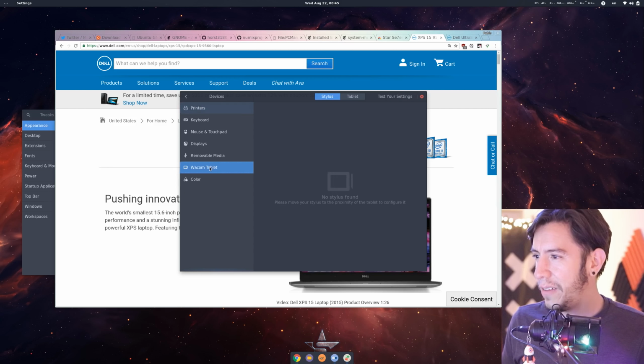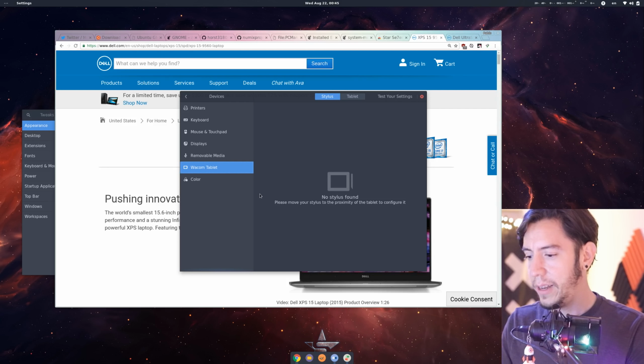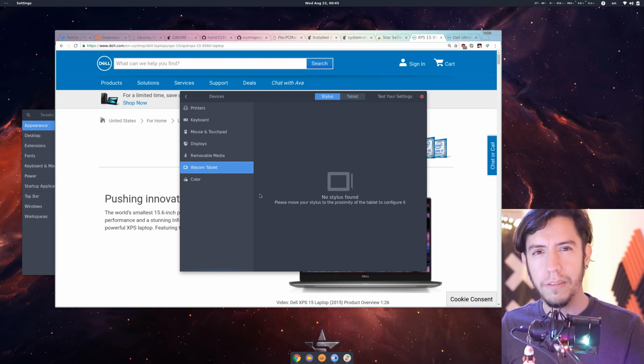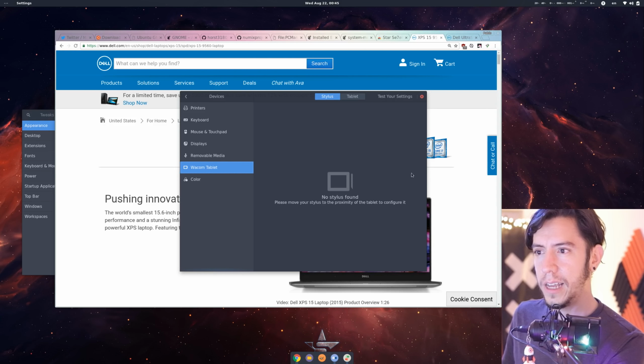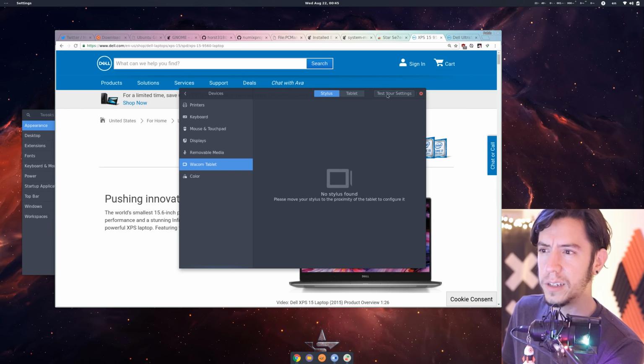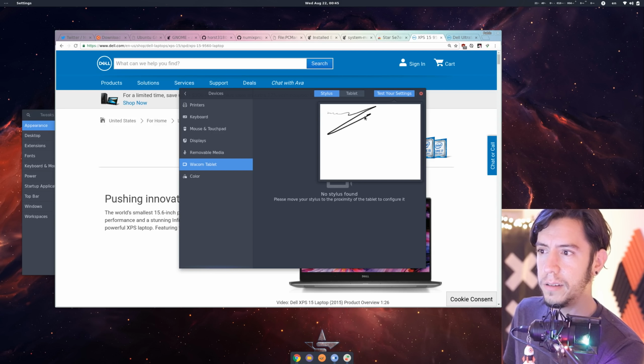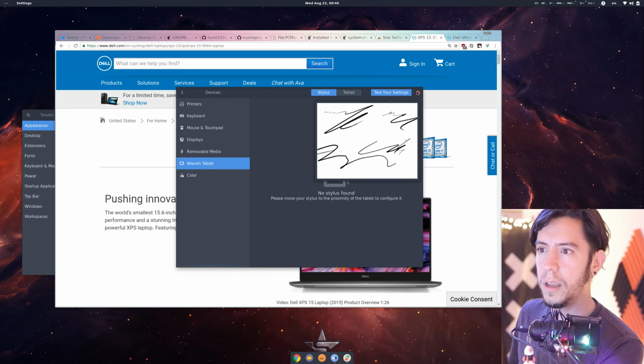Then which other devices do I have? A Wacom tablet, an Intuos 5M. I think I don't have it set up here, but it works out of the box actually. Even when it says not set up, you can do pressure sensitivity and stuff. It just works. It works on Chrome,